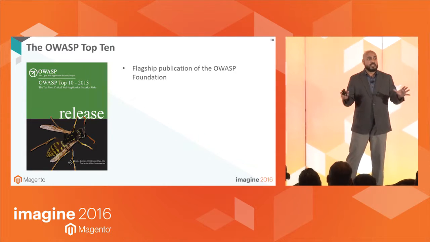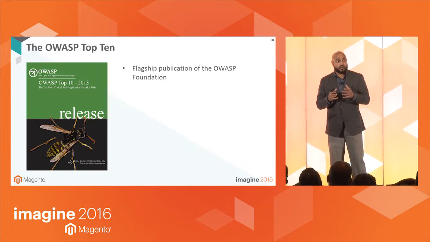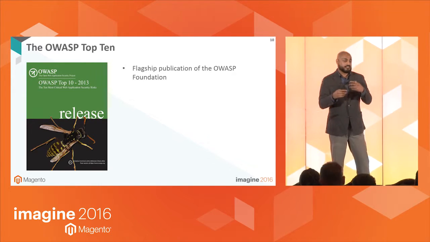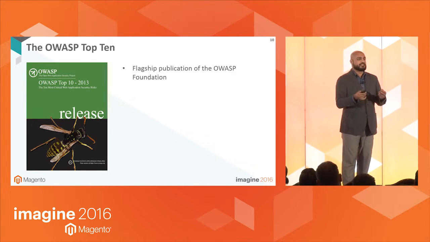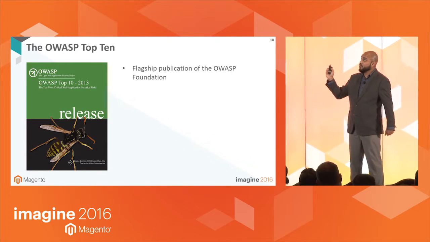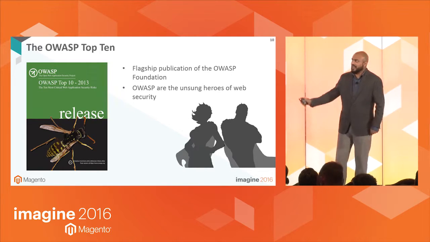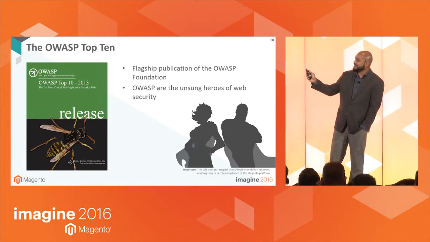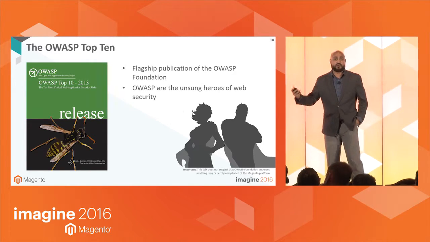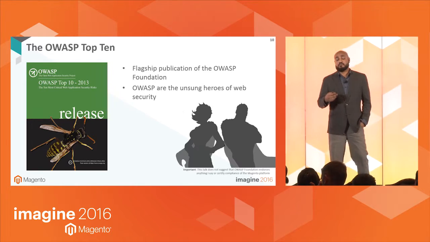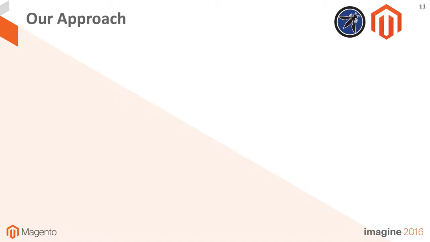And this is not some random list thrown together. It's rooted in the vulnerability data that was donated to the OWASP Foundation by security companies and selflessly analyzed by thousands of volunteer security professionals. In many ways, the OWASP Foundation is the unsung heroes of web security. And I think I should say that they do not endorse this talk, nor do they certify compliance of the Magento platform. We're just using their top 10 to look at what vulnerabilities may exist in our code and defend against them.